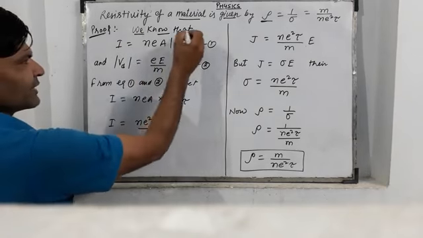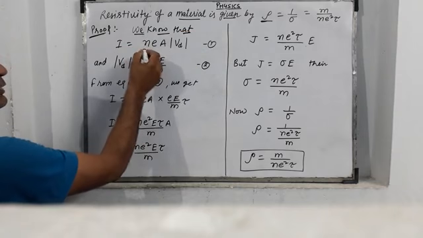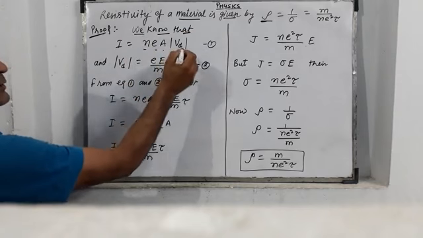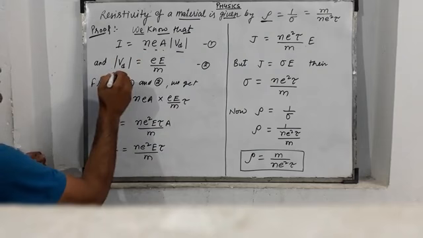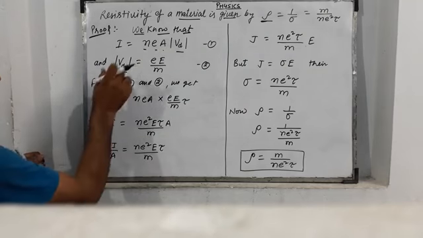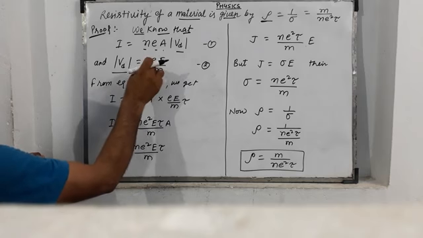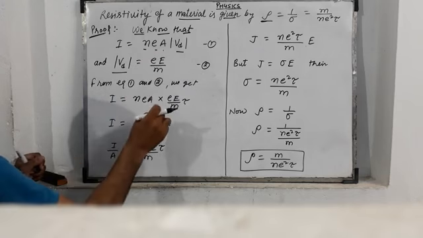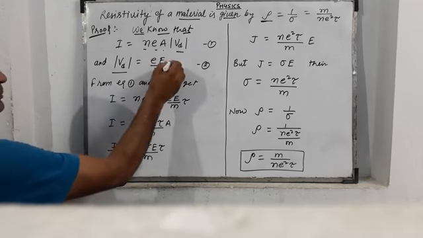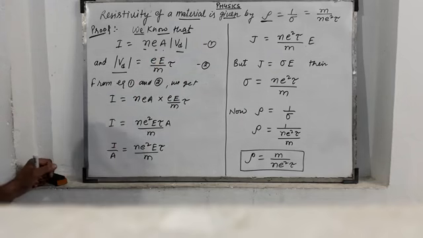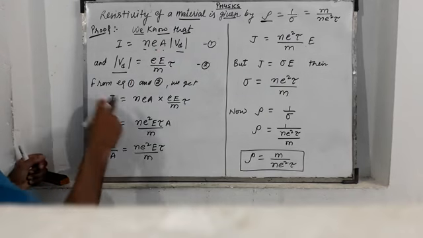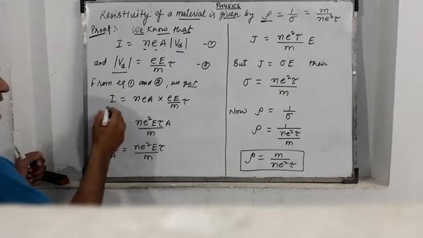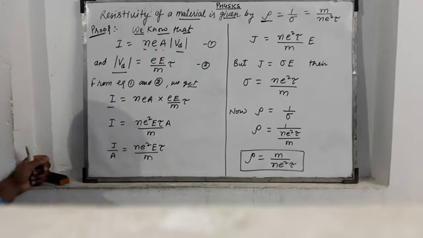We know that I equals n e A Vd, and the drift velocity Vd equals e E upon m into tau. From equations 1 and 2 we get